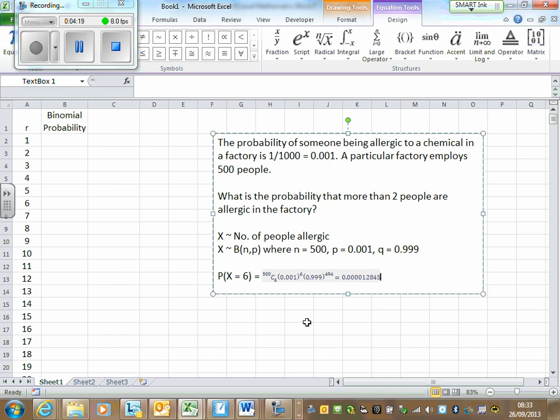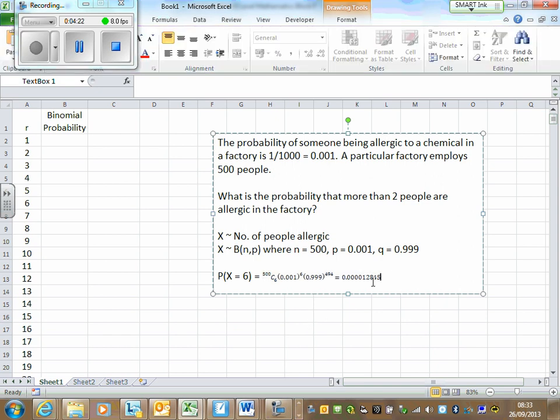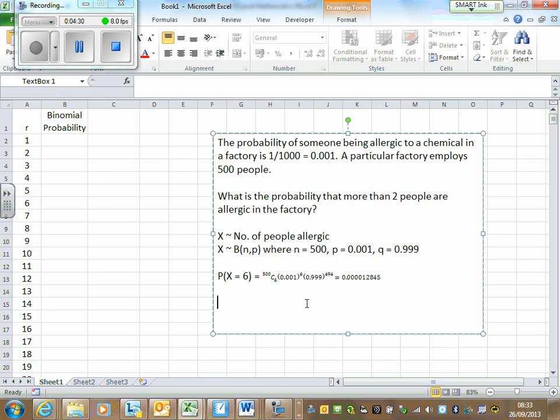Now, what we're after, however, is not the probability that x is equal to 6, but the probability that x is larger than 2. We could use the tables for this, but the tables only go up to n is 20. Remember, this is the probability that x is equal to 3 plus the probability that x is equal to 4